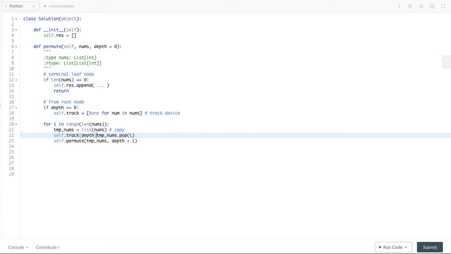So we'll combine these two as in here. And so, for example, when depth is 0, the popped element will be written into the zeroth element in the tracking device. Okay. So, for example, when depth is 0, the element is written to this position, and then